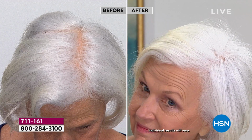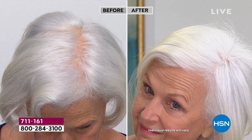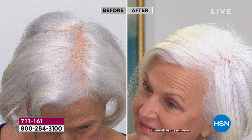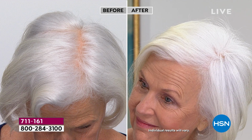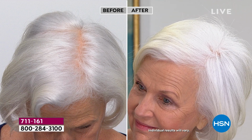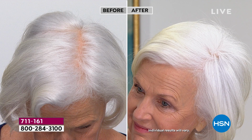And best of all, look at that scalp area is now completely covered. And it's covered and you don't know. You would never know seeing Miss Patsy on the street. Maybe she's at the table sitting next to you. Maybe she's at the church pew in front of you. You would never